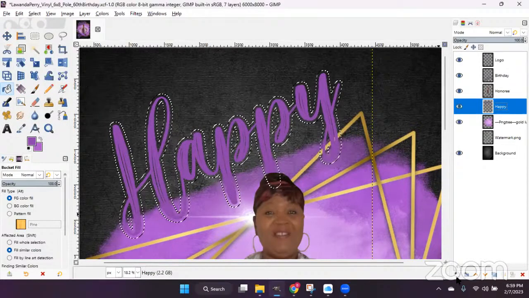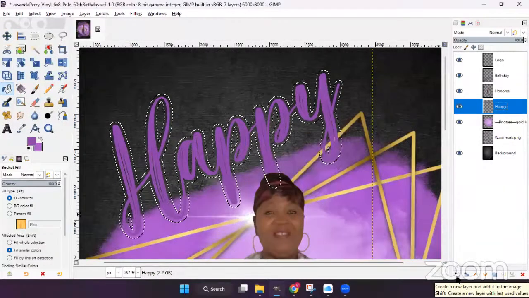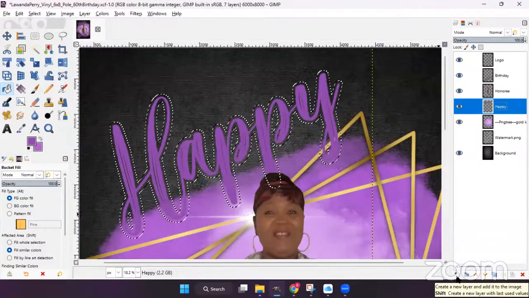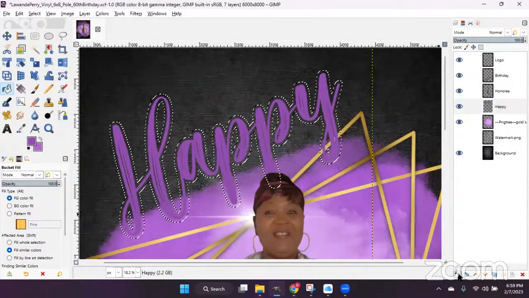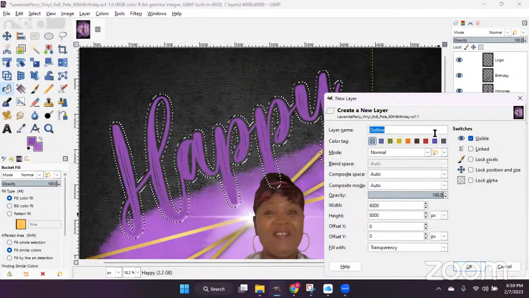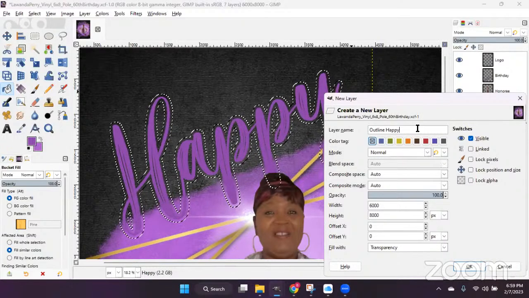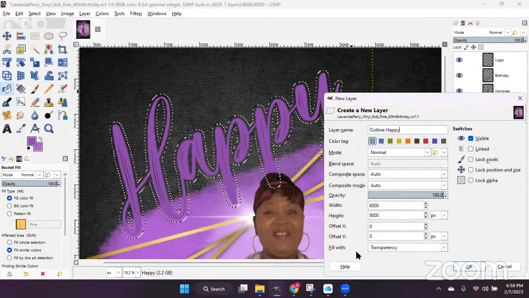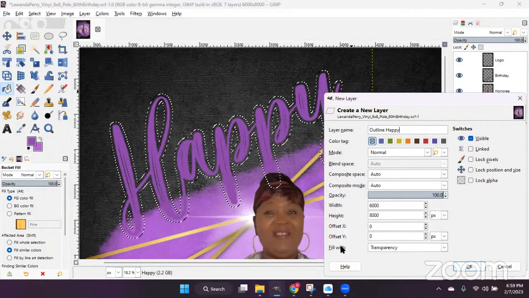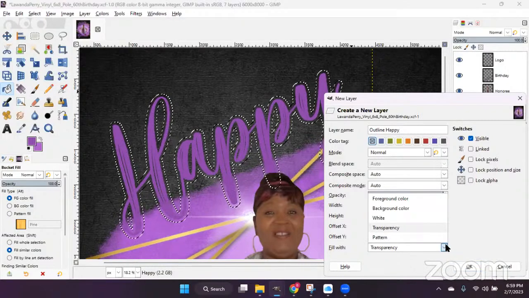So what I'm gonna do here, and I'm gonna do this again, just in case you didn't catch it the first time, I'm gonna do it again with the birthday layer. Create a new layer, and then we're gonna do outline for happy. You can name it up here, layer name. But what's most important here is when you go down to the bottom, fill with should be transparency. If it is not, click on this drop down arrow